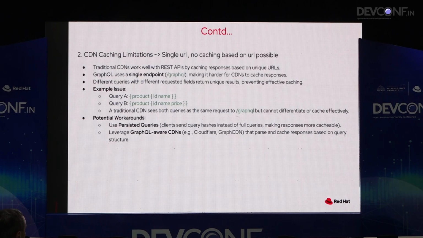Well, there are a few workarounds for it, like you can use persisted queries as well. In the case of persisted queries, what happens is that you can define predetermined queries, and you can store the responses to those queries in a separate cache. But in this case, you won't let the users define their queries. Rather, you give them the correct hash belonging to that query, and then the user asks just for that query's cache. There are also a few specialized GraphQL CDNs which do parse the queries and are able to cache the responses, but they are not very much used.